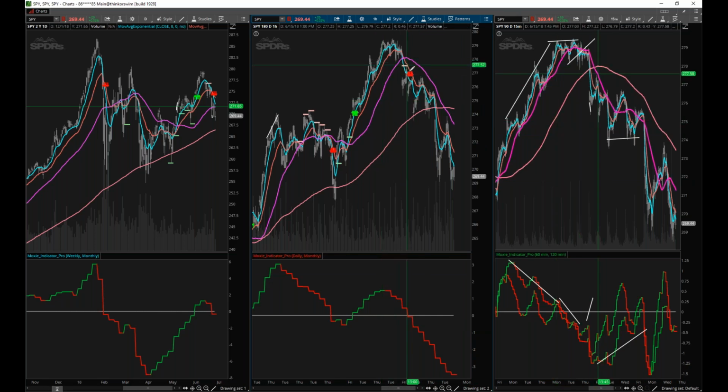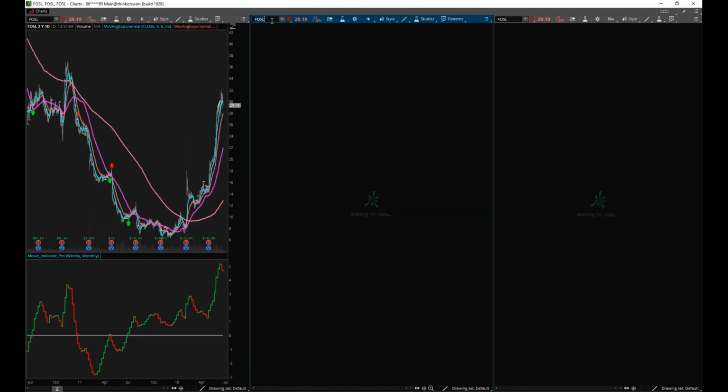But notice how price has just cascaded down, following the hourly 50. In fact, yesterday, you guys see how it tapped the underside of the hourly 50? Well, I knew it was going to be going down the rest of the day because the Moxie indicator was below 0. There's no way that price can get over the hourly 50 with the indicator this far under 0. So let me show you a couple of good examples of how this has been running, and also some exits. And let me know if you have any questions about this.